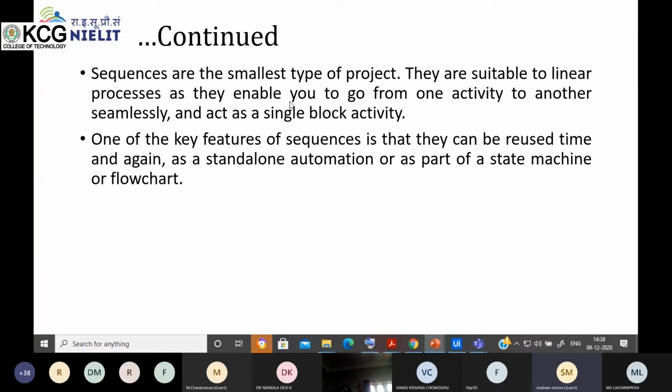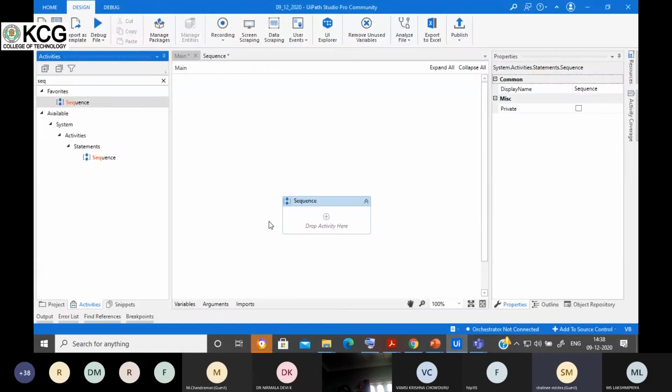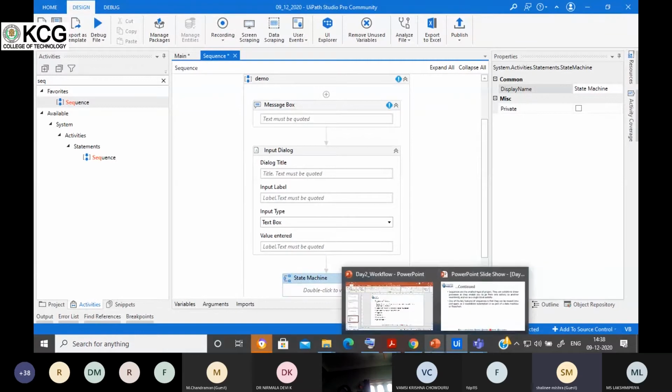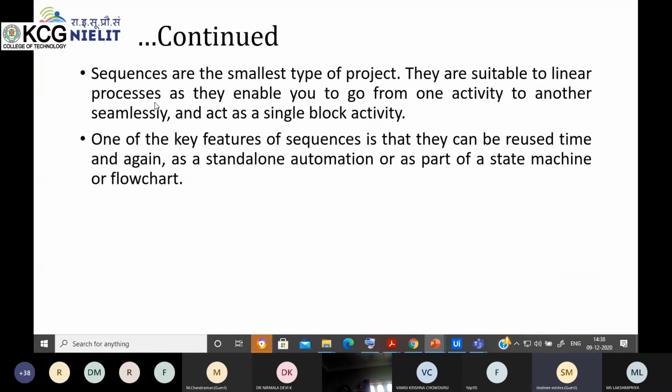They are suitable for linear processes, as they enable you to go from one activity to another seamlessly, and act as a single block of activity, because they all are present inside a single block. They are executed one by one, after another. That is why it is said they act as a single block of activity.